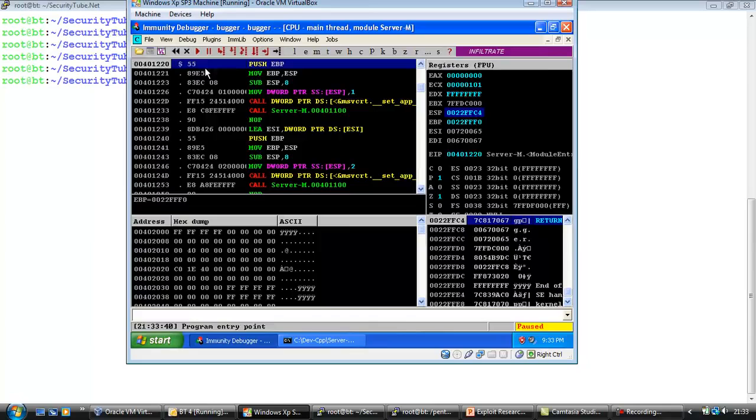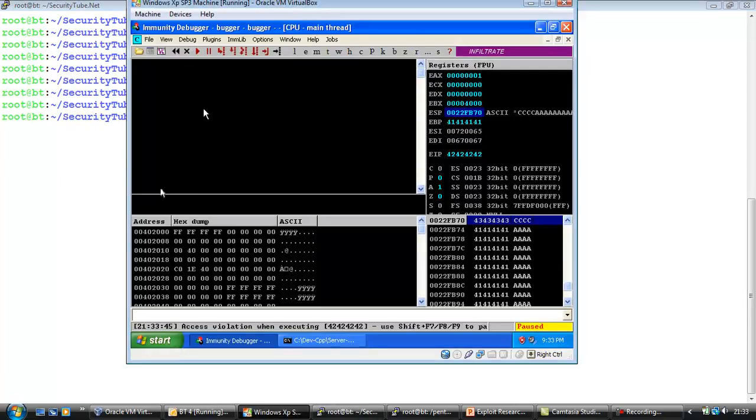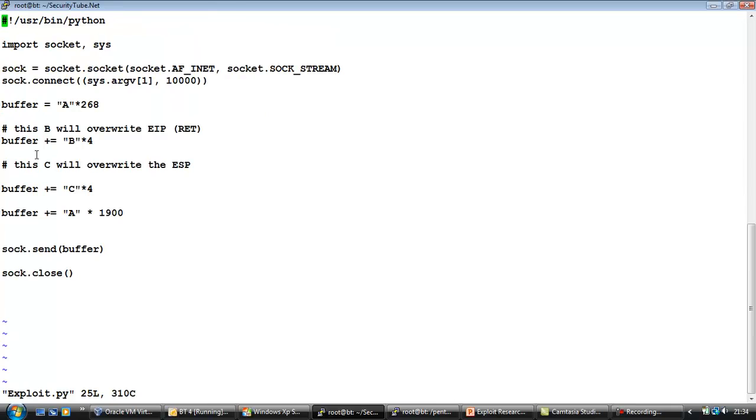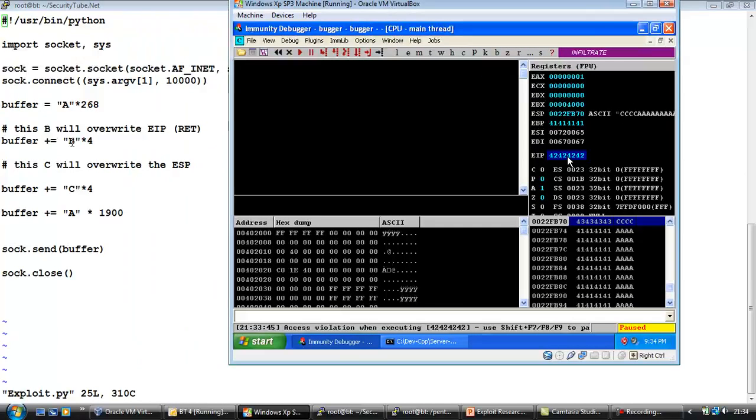Let's run the server. Again, there's been a crash, but here is something interesting. EIP now contains all the values 42, 42, 42, 42, which is nothing but the hex representation of capital B. So if we go back to our program, this is exactly what our assumption was. Our hypothesis was that capital B is going to overwrite EIP, which is what has happened, and capital C, first